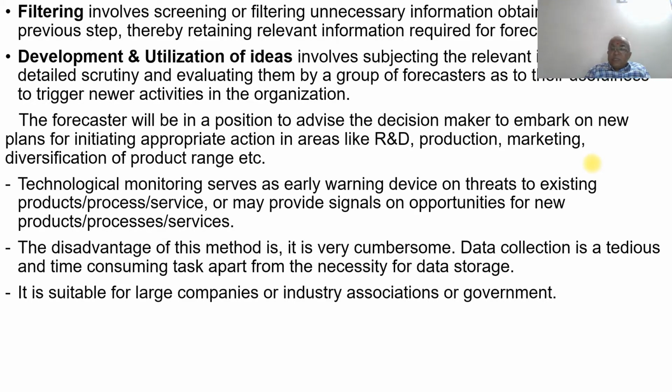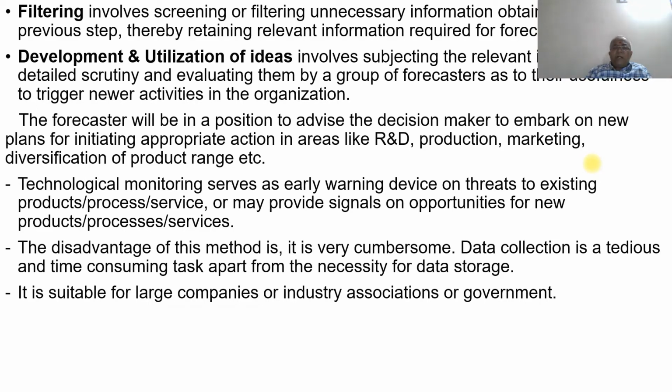In the previous step, when we are scanning, we collect all the information which is required. But in filtering, we analyze this and come to a conclusion that we want only these types of things. The rest of the things can be eliminated, thereby retaining the relevant information required for forecasting.